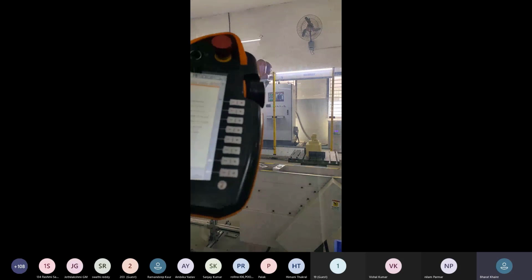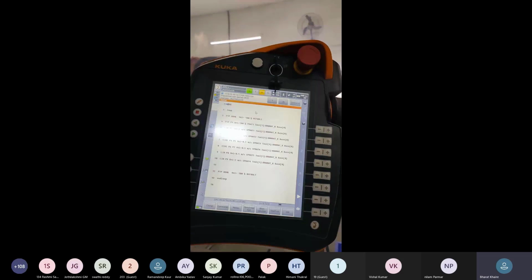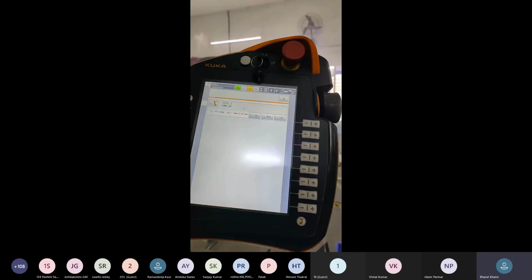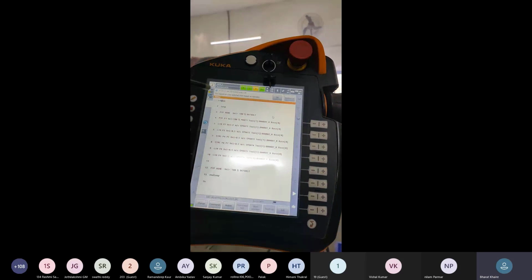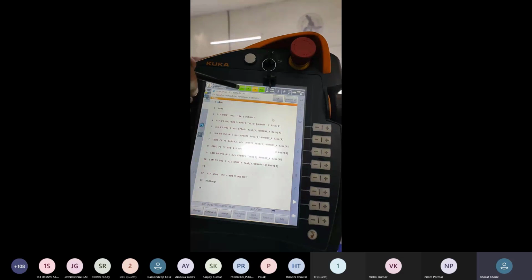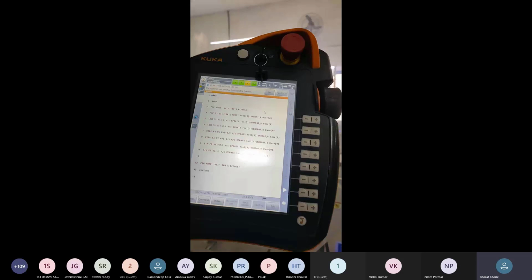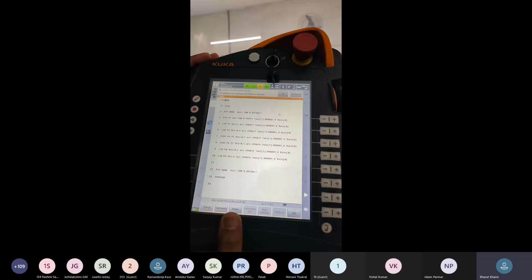So first we will reset the program. Okay. We will reset the program and go to the automatic mode. We are watching here automatic mode is in green color, as submit interpreter is in green color, and drive is automatically on without pressing an enable key. So in automatic mode, drive will be automatically on without pressing enable or drive.